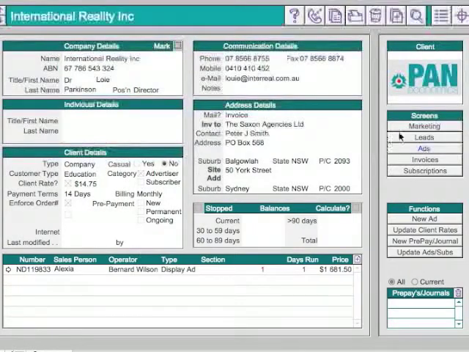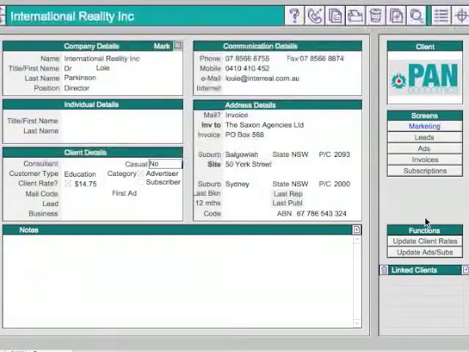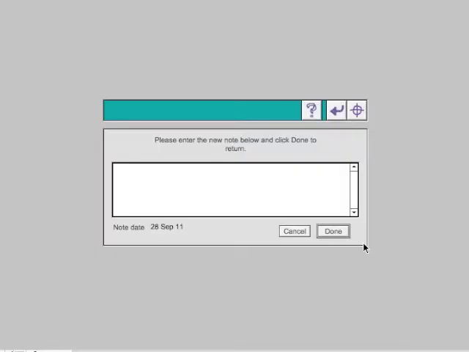The last thing I'm going to cover in the navigation section is that you'll see on some of these little mini bars across the screen here, there's a little plus icon, and some of them have a little trash can icon. What you can do with that is, if you click on that, you can create a new note. In this case, say, "spoke to Reality, happy to proceed with ad